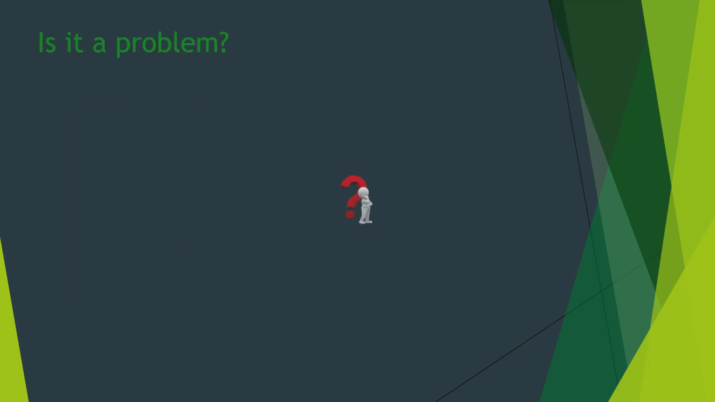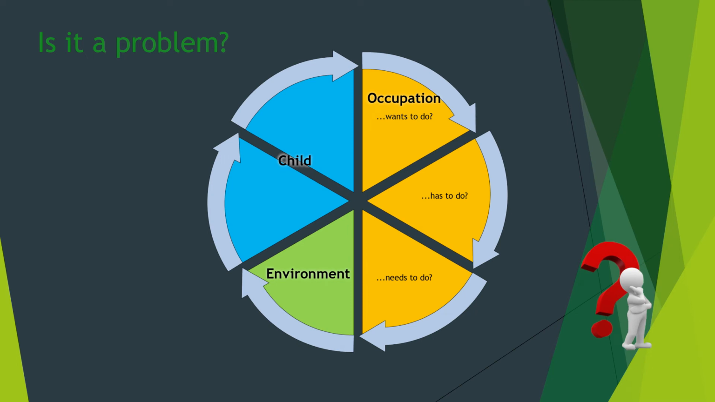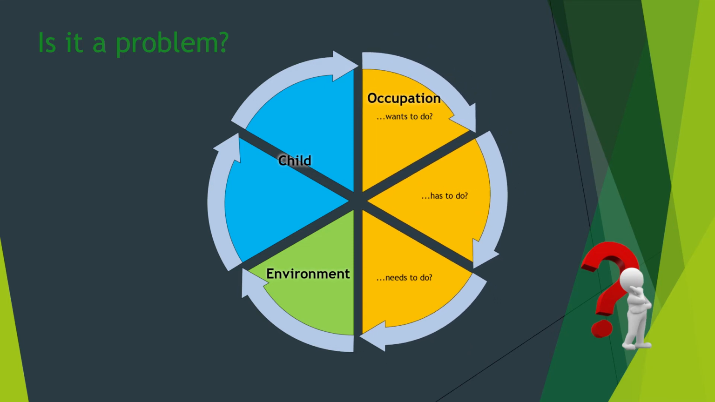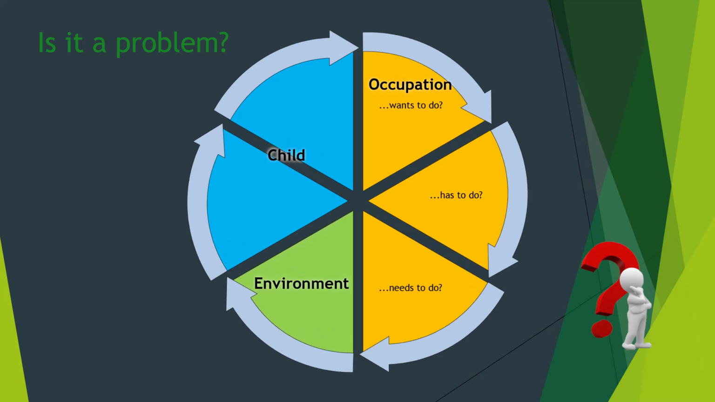In the second half of this training, we are going to look at how we break down sensory processing difficulties and how we might be able to help. If we go back to consider the PEO diagram from the start of the training, we start by considering which occupation is being affected. What is it that the child wants to do, has to do, or needs to do that they can't? We then look at all the areas, child, environment and occupations, to see what can be changed